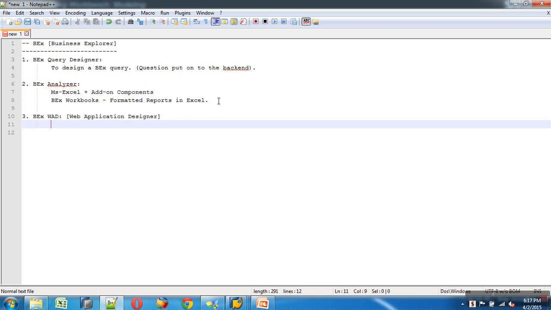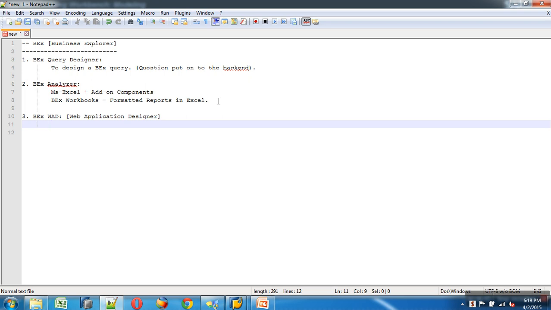Whatever query you design, you can run this onto browser. When you run this onto browser, it comes with a default web report, default template. If you are not happy with the web template, you can customize your web template. If you want to customize it with more navigational features, more events, you would go with WAD.